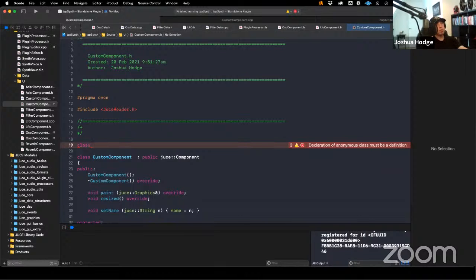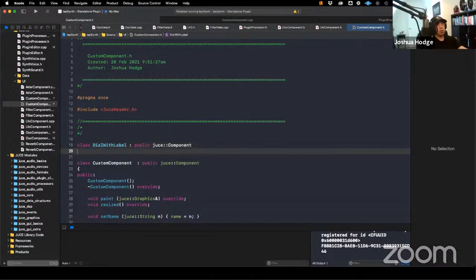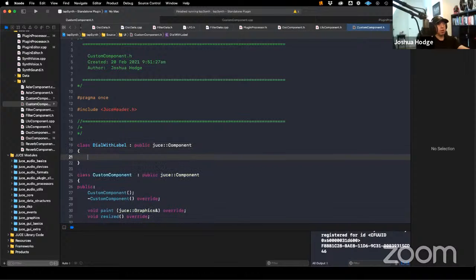What about class dial with label? Right. That will inherit from public JUCE component. And then